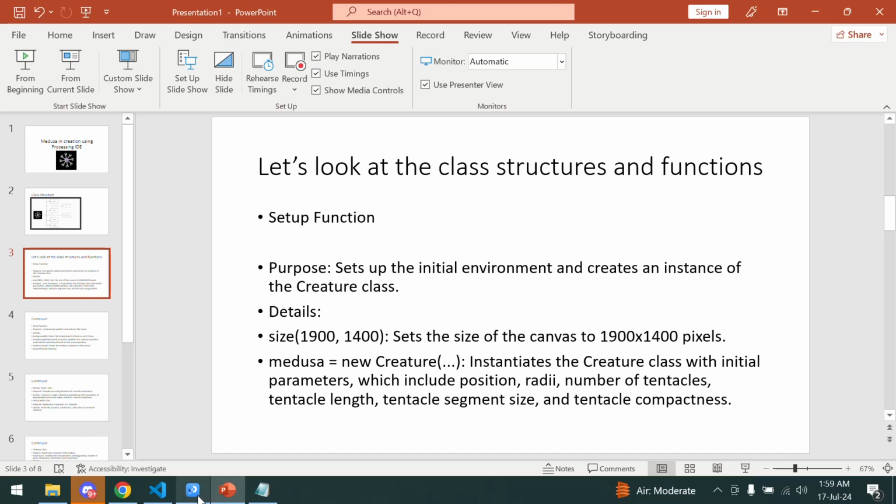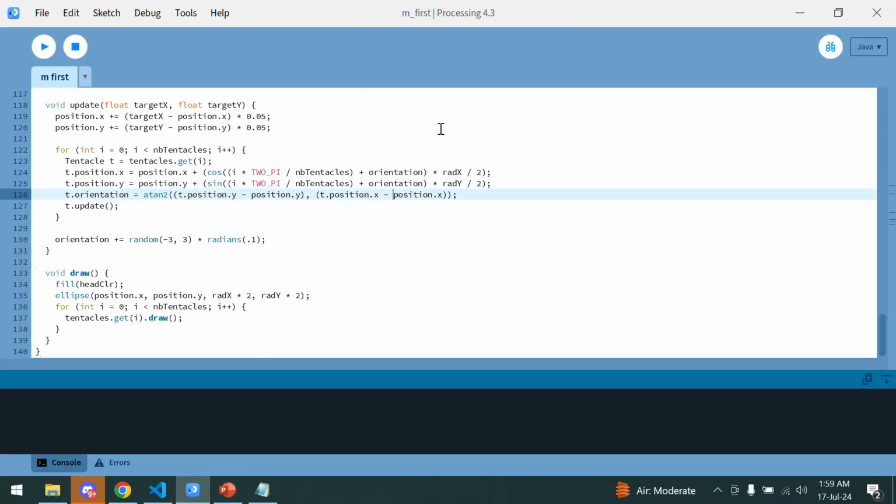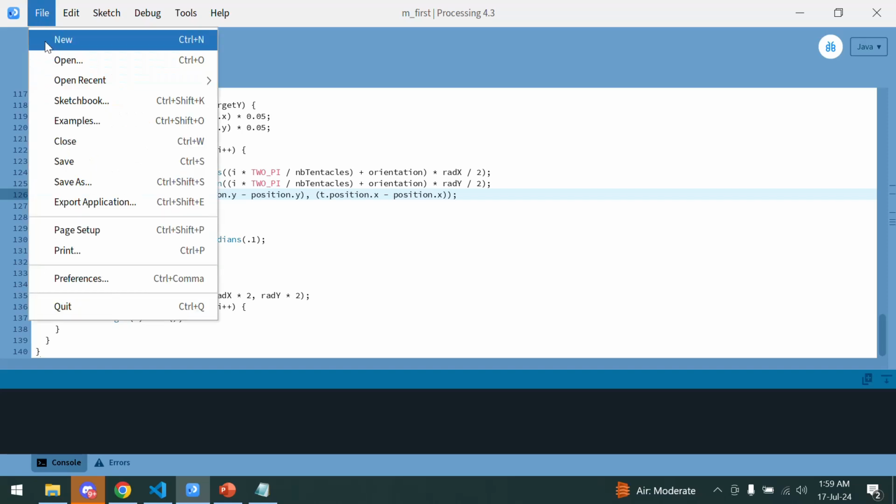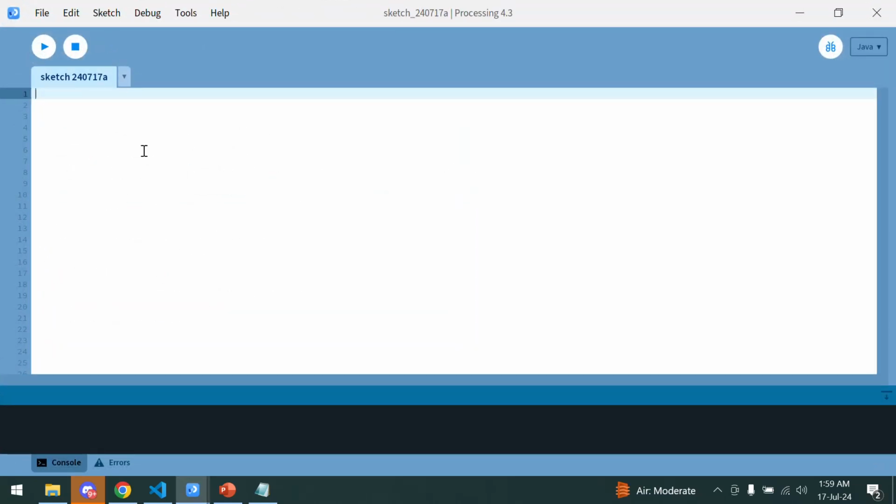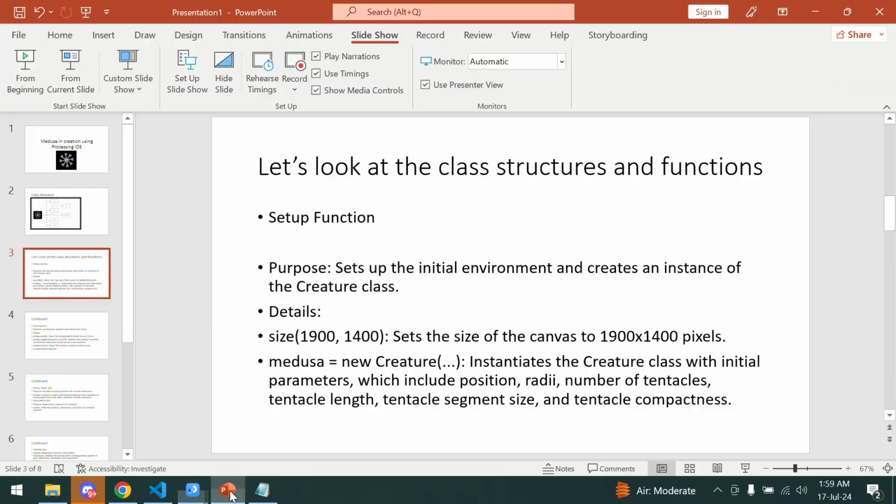building the application. So I have the Processing IDE open over here. I'll just click on File, I'll click on New, and a new sketchbook is created. We have nothing over here. So in order to make it very fast, I've kept aside the entire code step by step in a notepad, and as we go we'll start showing the steps. Okay,